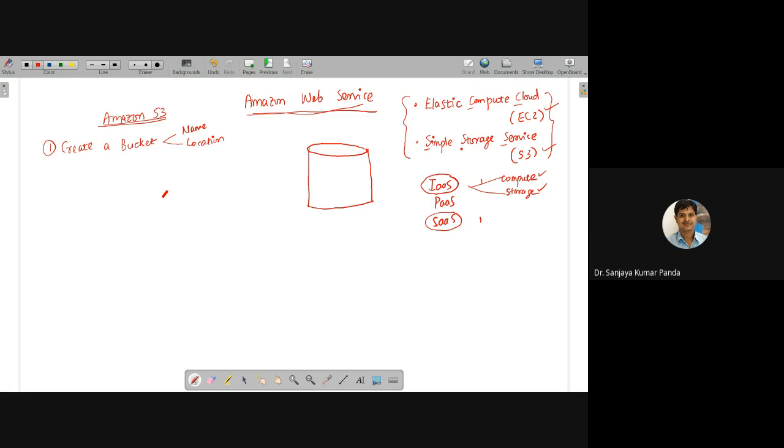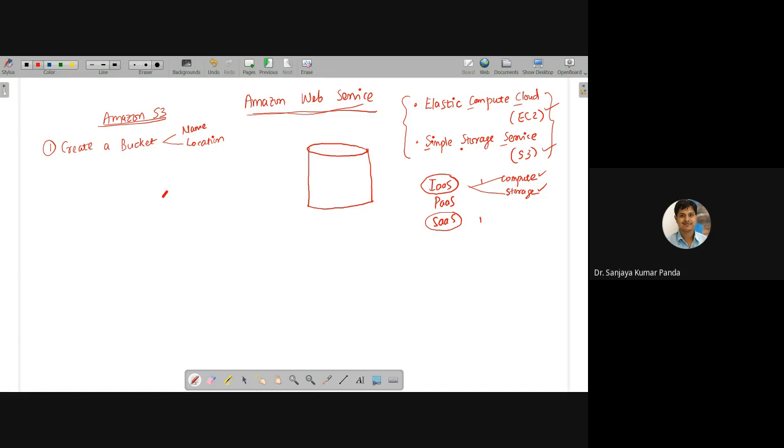And you can also see what kind of policies are enforced on this particular bucket. Like in our computer, we have C drive, D drive, E drive, other drives. So you can put certain kinds of restrictions. Like you can say C drive, anybody can see. D drive, it is password protected, and the password is known only to you, the owner. And E drive, anybody can see. Certain types of restrictions and permissions you can put on each and every drive.